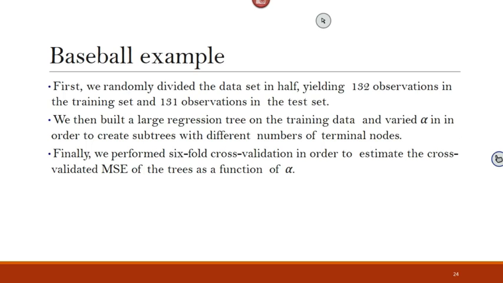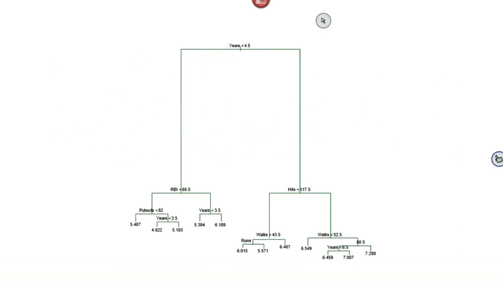So if we want to apply the pruning method on the baseball salary example, where we divided the data between training and validation, we grew a large tree, and then to select alpha, we'll do cross-validation, and that's pretty much it. So these are the results in here, and we will see when we go to the R session. At the beginning, we will grow a big tree. You're just gonna run the default tree function. And as you can see in here, it's bigger than what we've seen before.